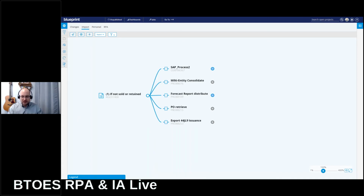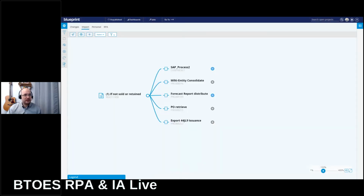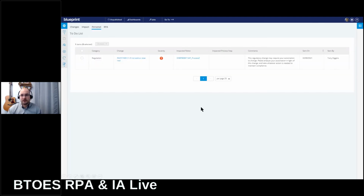We can actually create a funnel and a mechanism to process these changes, understand them, and at this point we can even alert and notify those owners directly through the Blueprint platform. You can enter a note in here and let them know via email, and there's even a built-in personalized dashboard where as teams and other members get notified, they're going to be able to catalog all those changes so they can really process them in a meaningful fashion and ultimately create less downtime, eliminate the downtime for these